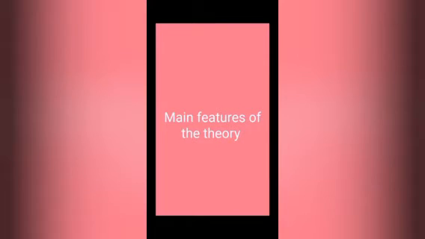First, in coordination compounds, metal atoms exhibit two types of valencies. These are primary and secondary valencies. The ligands attached to the primary valencies are ionizable and they represent the oxidation state of the metal. The ligands attached to the secondary valencies are non-ionizable and these correspond to the coordination number. Every metal has a fixed number of secondary valencies because its coordination number is fixed.